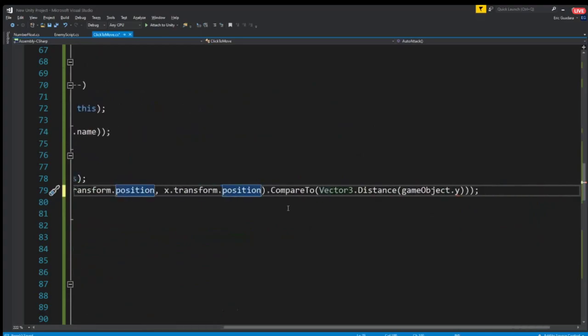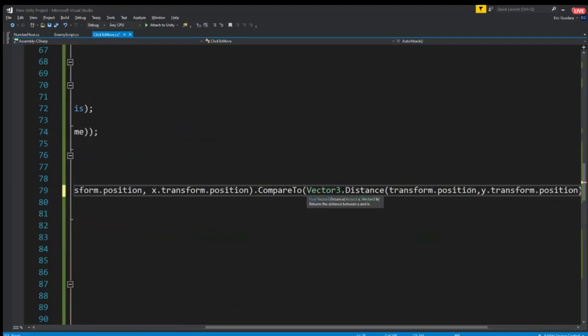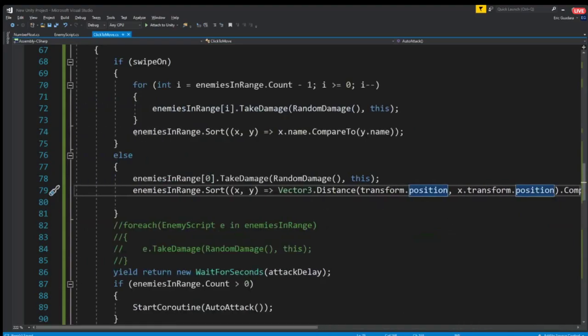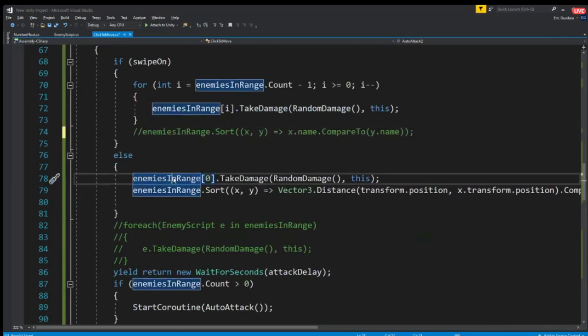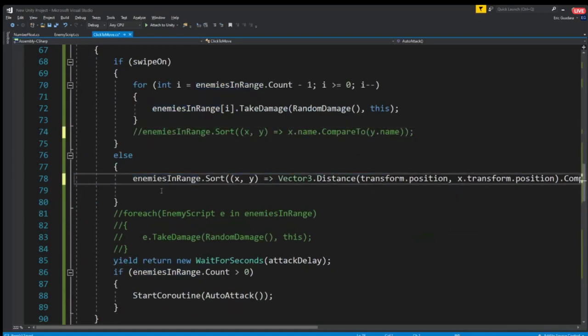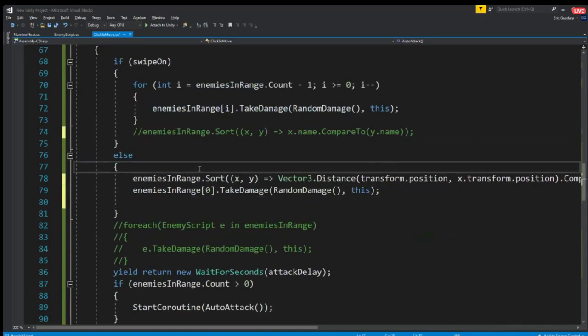We're doing it. So really, I'm pretty sure this is going to sort by distance, but we want to sort it first